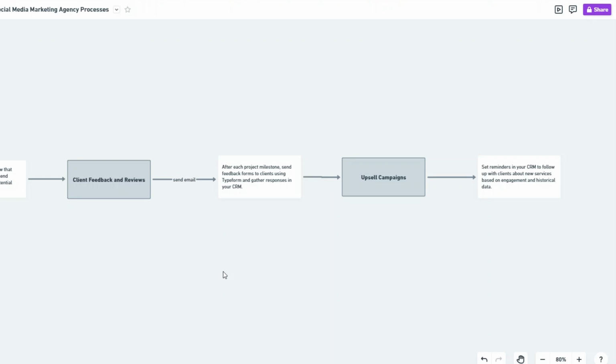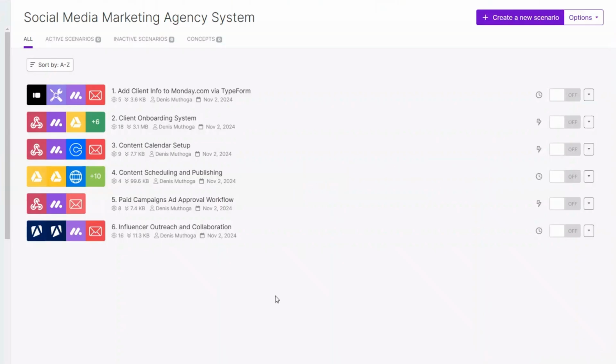We're going to create an automation that sends a feedback form created on Typeform to our clients to gather feedback of our services and gather the responses to Monday. So to automate the client feedback process, on our social media marketing agency system folder, I'll click on create a